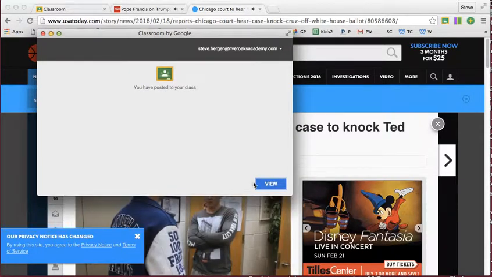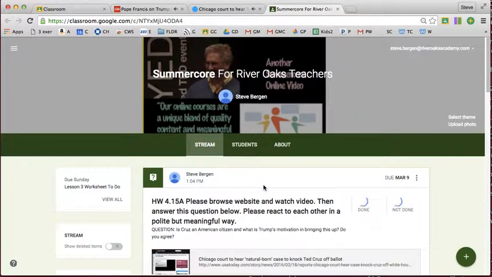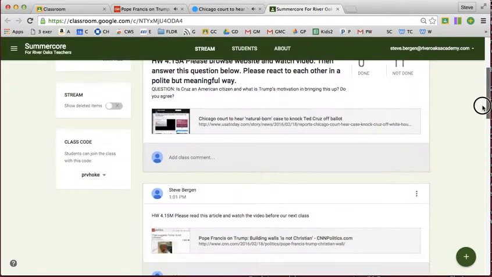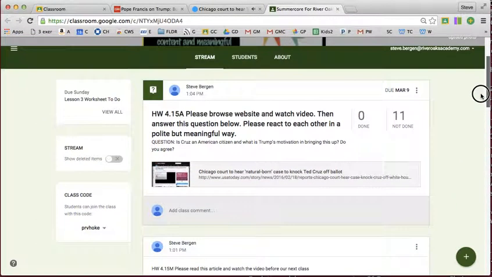And now I posted it. And if I view it, this is the way Jane Doe is going to see it. It is similar to 4.15M, but different. It's different in that Jane will be able to answer the question and then read what other people have done as well. And I'll try to show you what Jane does in a few minutes. So 4.15M,